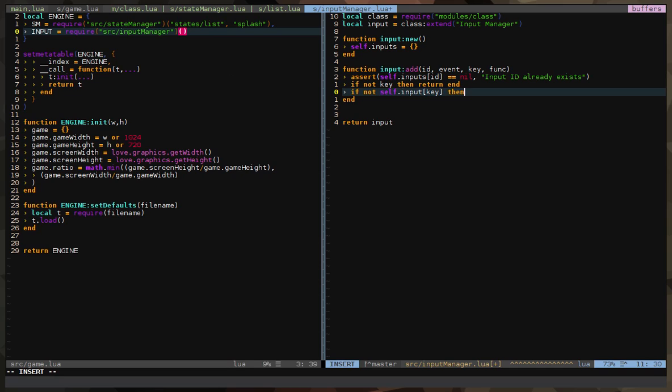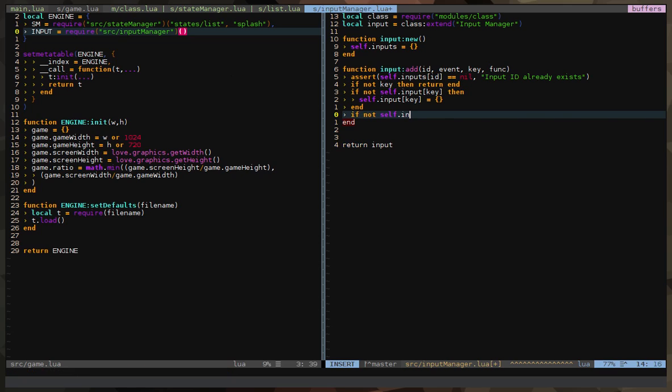If it does not exist yet, we're going to say self.inputs, and then on that key, we're going to create another table, a sub table, and in that sub table we're going to repeat this again.